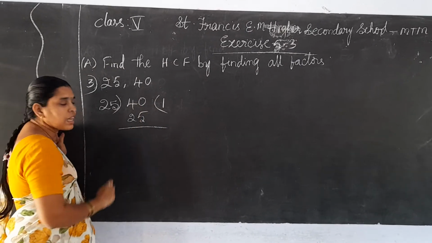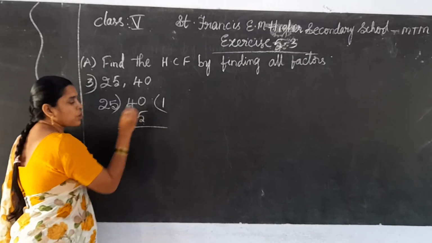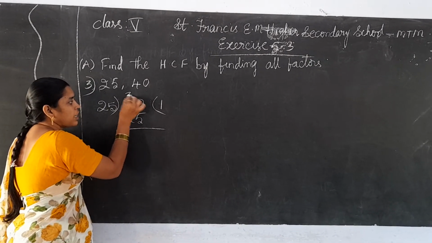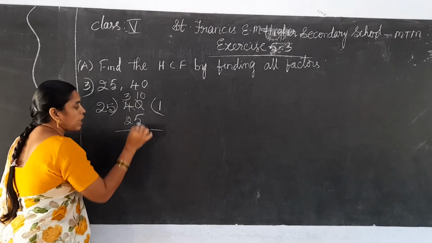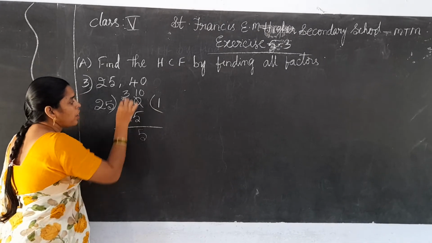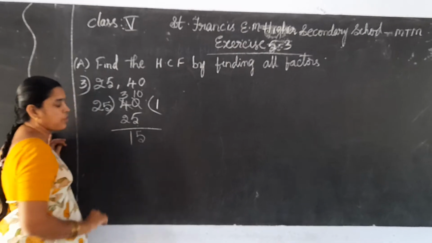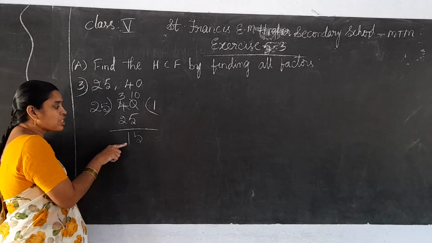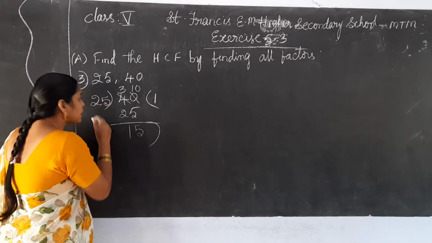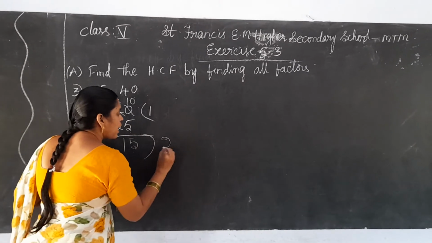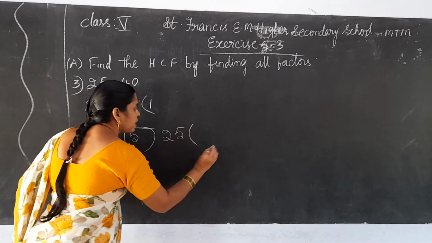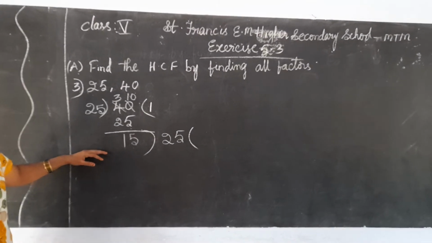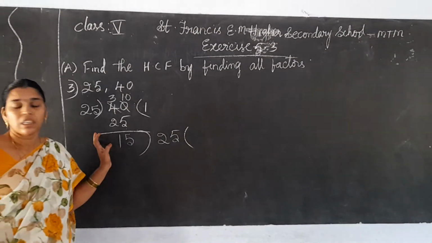Okay. Now what is the remainder? See, 5 goes from 0? No. Then you take borrowing from 4. Then it becomes 3 and the 0 becomes 10. 10 minus 5 is 5, and 3 minus 2 is 1. So 15. Now this remainder changes into the divisor and this divisor comes into the dividend. Is it clear, children? This is the process of HCF division in this method.